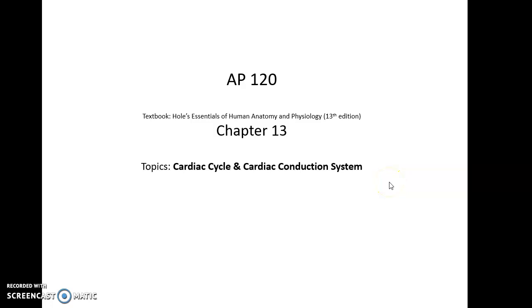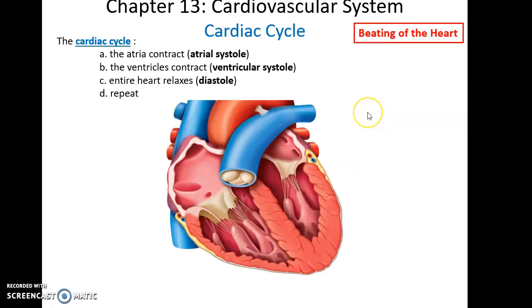AP 120, Chapter 13, Topics: Cardiac Cycle and Cardiac Conduction System. So the cardiac cycle is the actual beating of the heart, the various contractions and relaxation of muscle tissue within